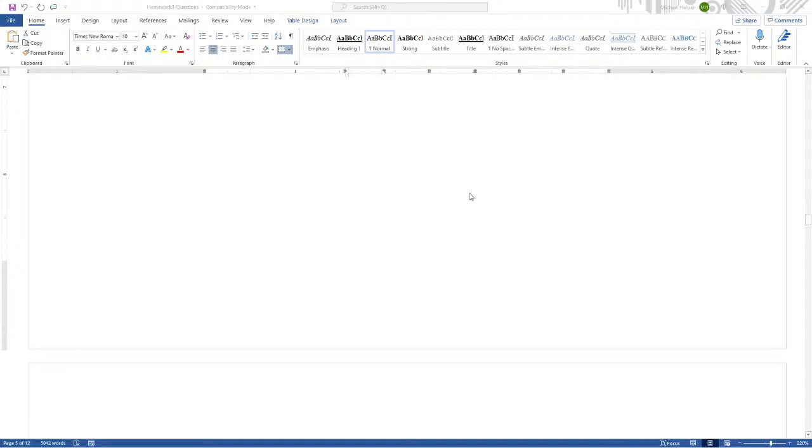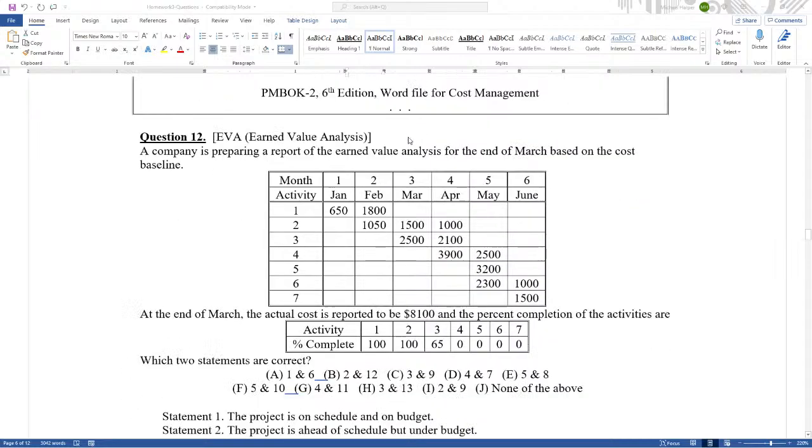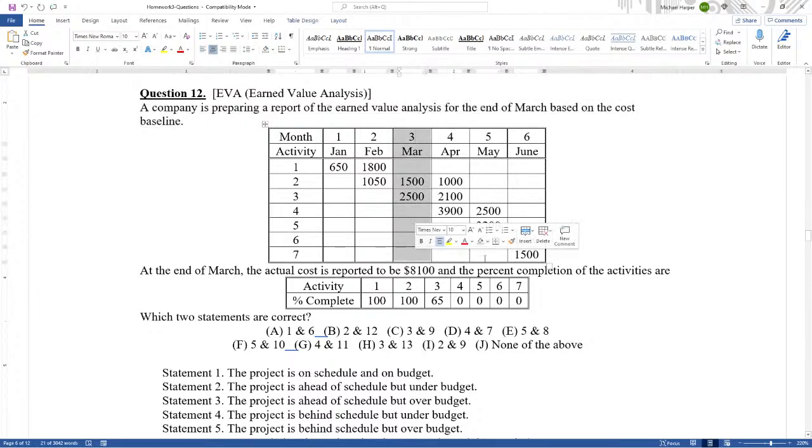Okay. Question number 12. Again, here's information that supports this. I'll just work it. This is an EVA. A company is preparing a report of the earned value analysis for the end of March based on the cost baseline. There's a cost baseline at the end of March, so in the end of March, the third right here. So let's take this information right here